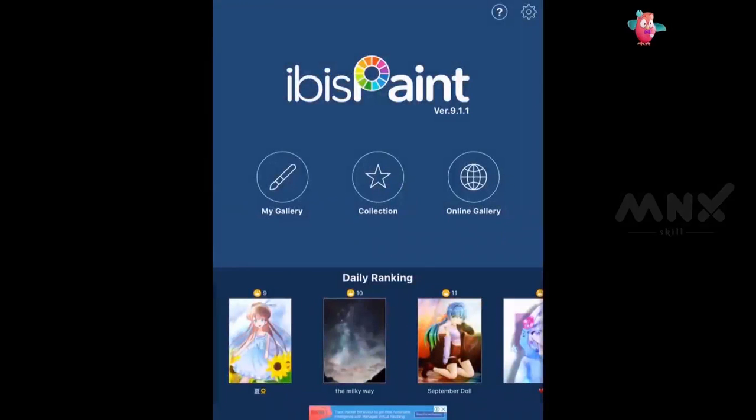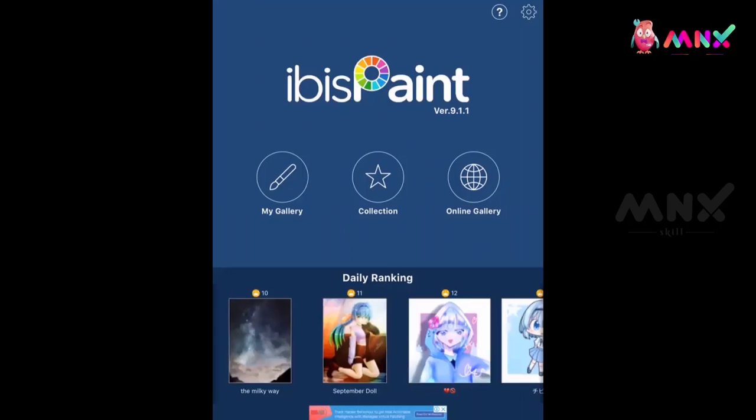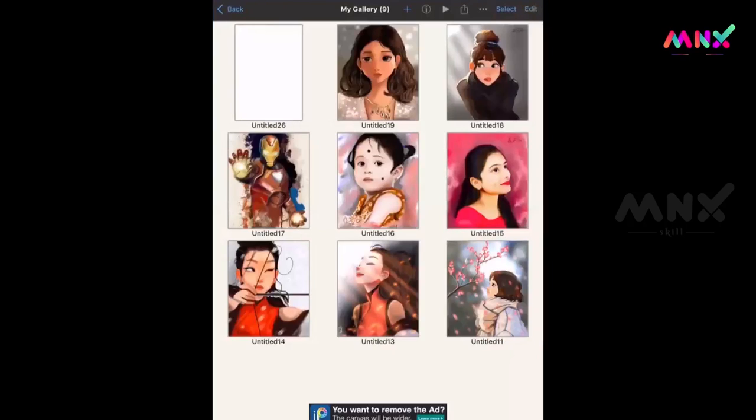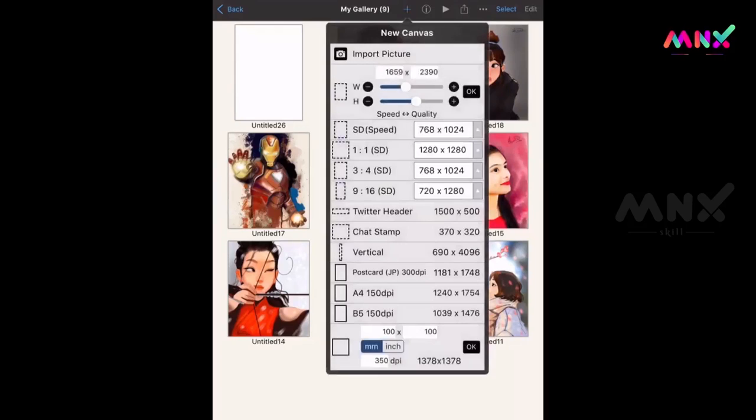This is the interface of the ibisPaint app, and here you have my gallery collection, the online gallery. In my gallery you can see the paintings you have done earlier. And if you want to start a new drawing, you have to choose a canvas. At the top you can see a plus icon, click that,